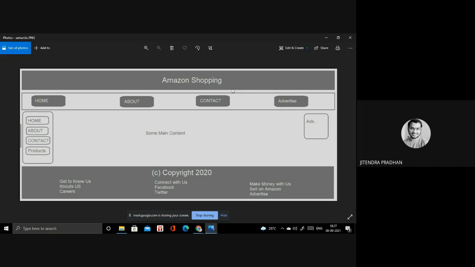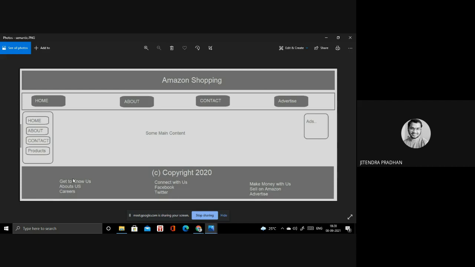Okay, and if you require another navigation bar on the left side, you can, but inside the header we are designing the same buttons: home, about, contact, and product, whatever. If you want to design a product section, or divide or filter by shop, footwear, fashion and grocery, you can use that inside. There is also some main content, where you can write something. On the right side we give a site for advertisement. Okay, and below that, in the footer, we need to design the copyright.